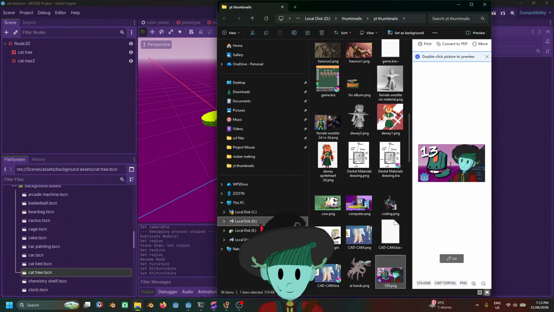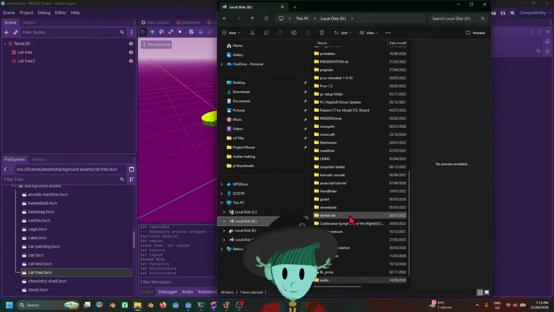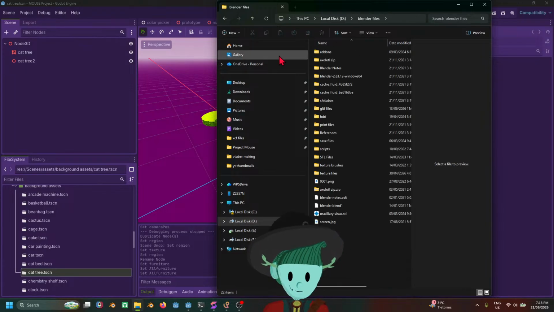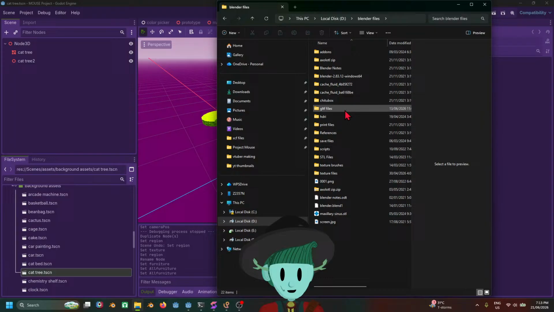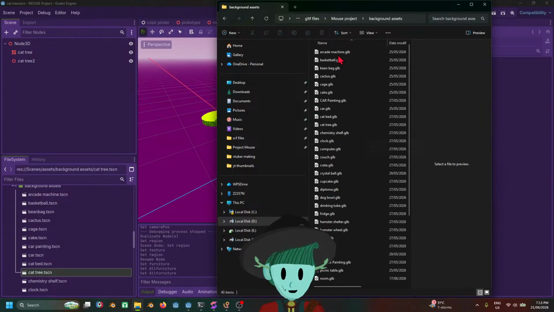Wait, hold on. No, that's not it. We'll call this the Blender files, GLTF files, mouse project, background assets, and